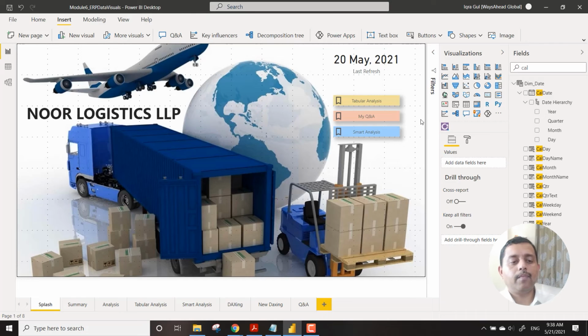Something like this. And then what happens is you have to connect this to the sections.